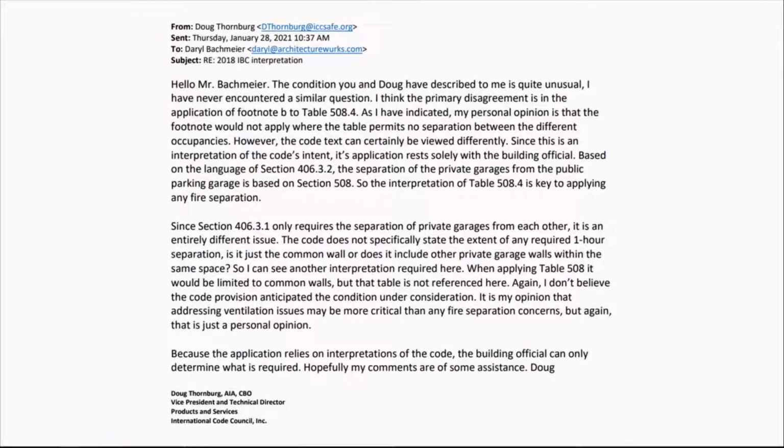First, I'd like to go over the most recent guidance on the matter provided by the ICC official, Doug Thornburg. And in it, he says, and I apologize because this displays quite small on the screen, and my eyes are now advanced in age, that the situation we described is quite unusual, and he thinks the primary disagreement is in the application of footnote B of table 508.4. As I have indicated, my personal opinion is that the footnote would not apply where the table permits no separation between the different occupancies. He continues, the code text can certainly be viewed differently, and since this is an interpretation